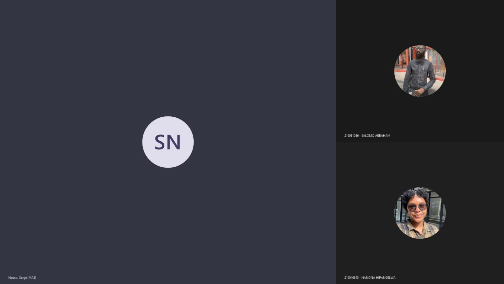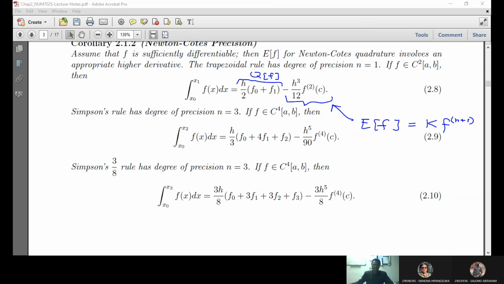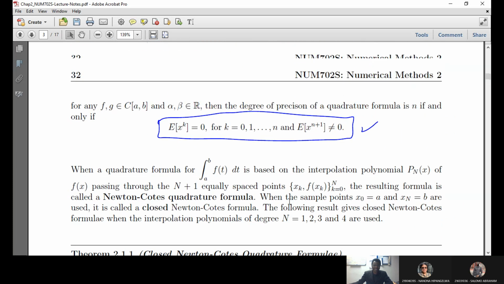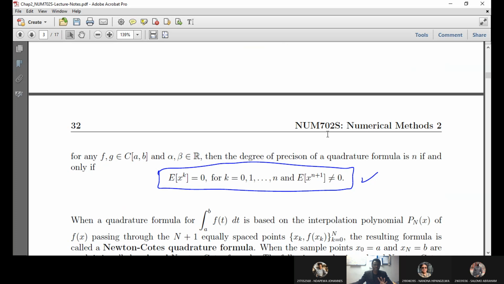Numerical methods 2 class. Last time we were talking about the degree of precision of a numerical method, particularly of a quadrature rule, which is a numerical method to approximate a definite integral. We saw that the easiest way to prove that the degree of precision of a quadrature rule is n is to show that the error term at x to the k, where k runs from 0 up to n, the degree of precision of the quadrature formula,